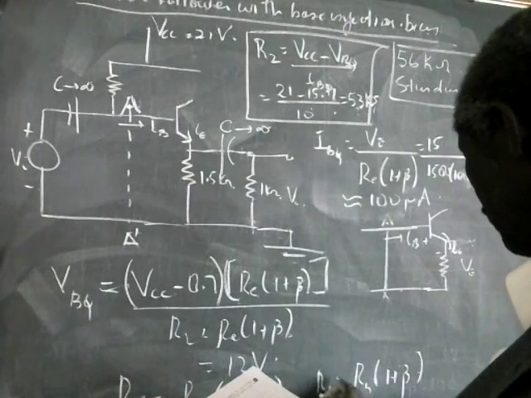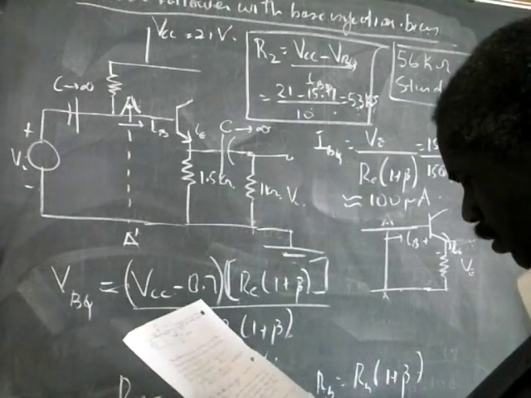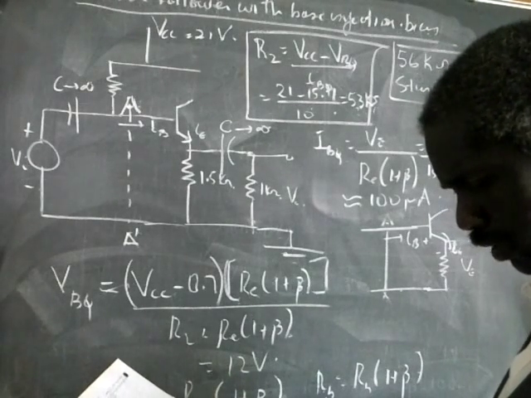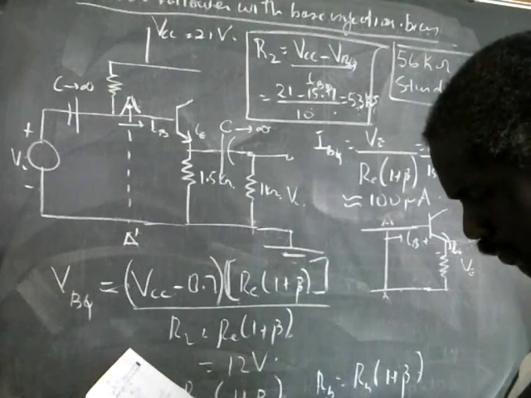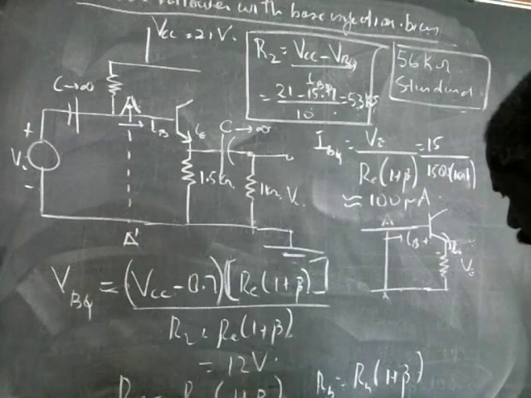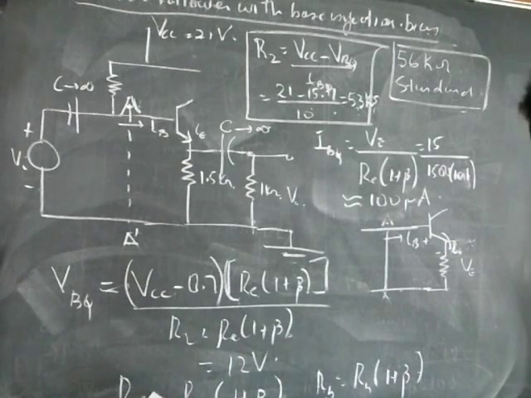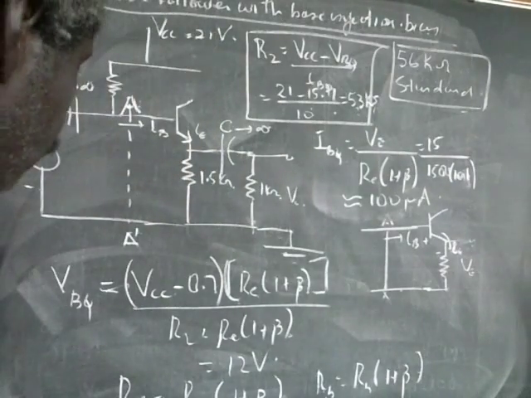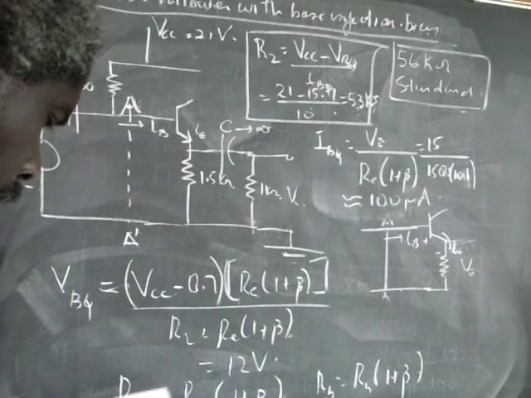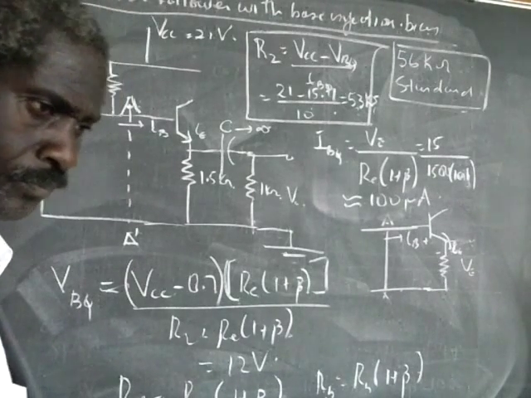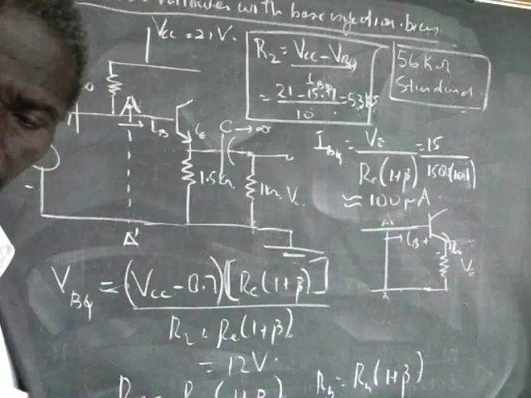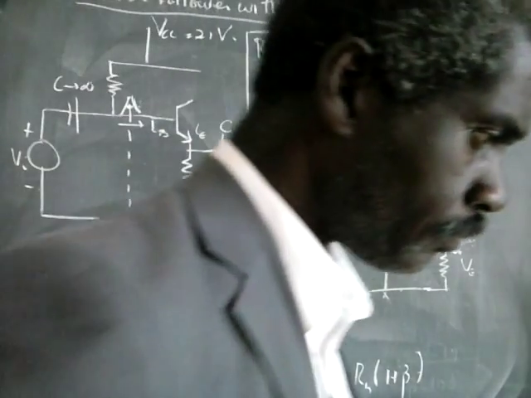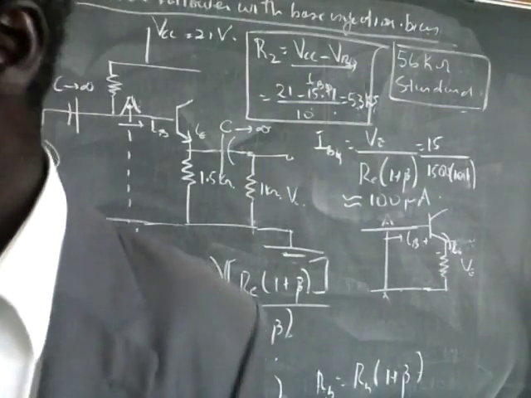Whereas for this one, RB, much smaller resistance is obtained. And we'll consider this when we're doing small signal analysis circuit conditions. All right, we want to